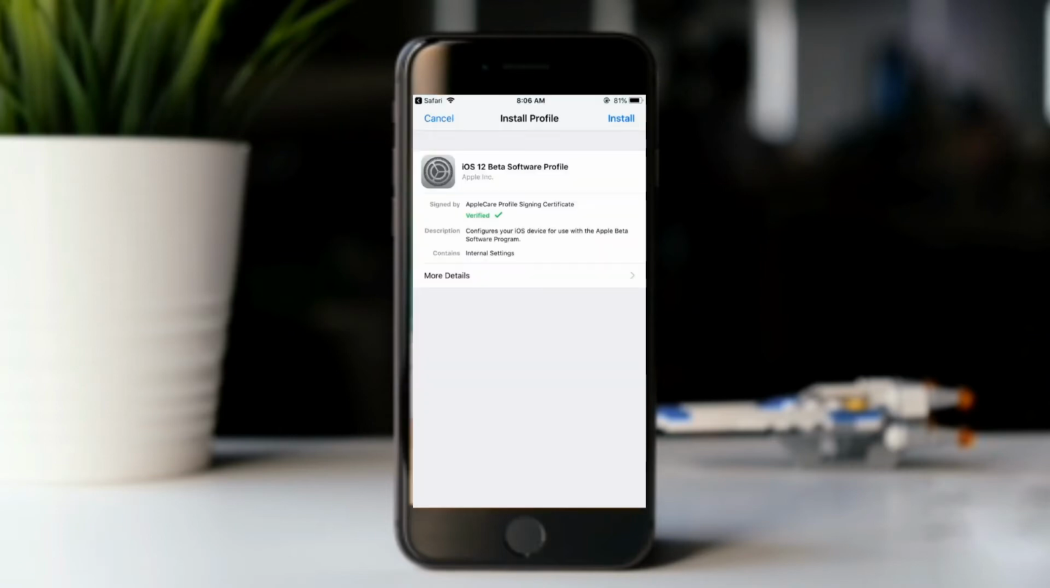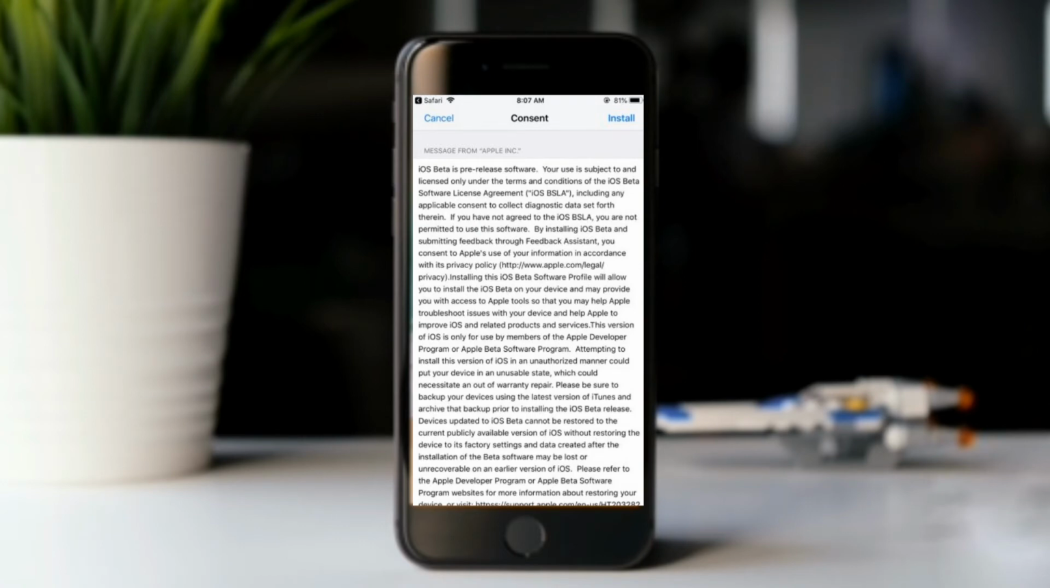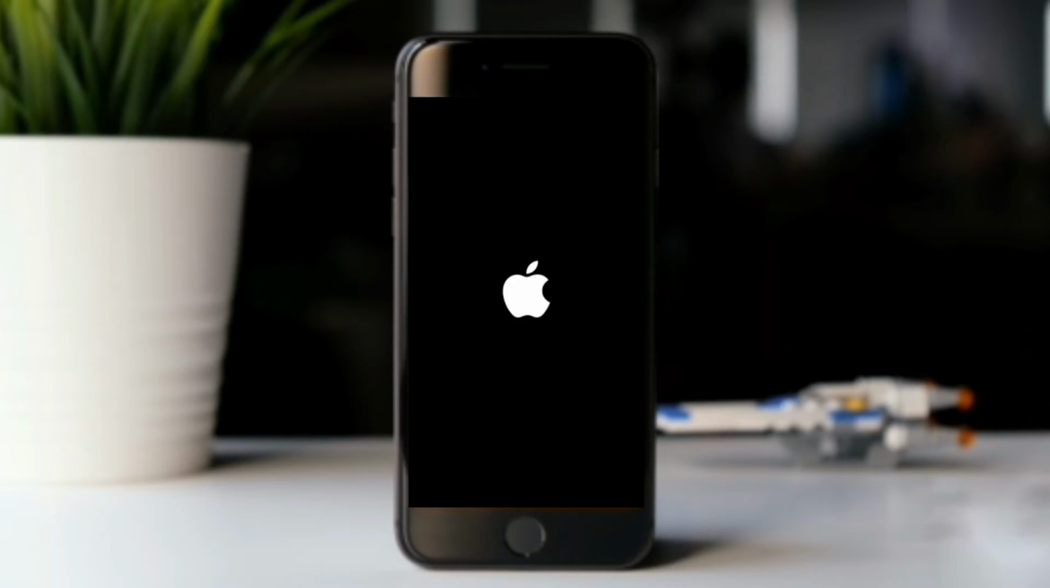It will then redirect you to install an iOS beta software profile. Tap on install and it will ask you to enter the lock screen passcode to verify, and once you have entered, it will ask you for your consent. Click on install. At this point, you need to restart your iOS device, and once you restart it, head over